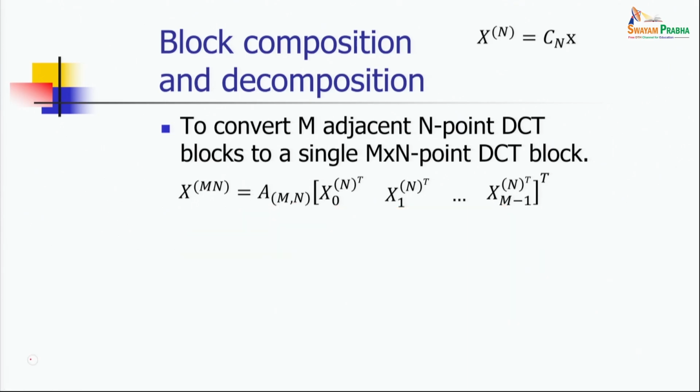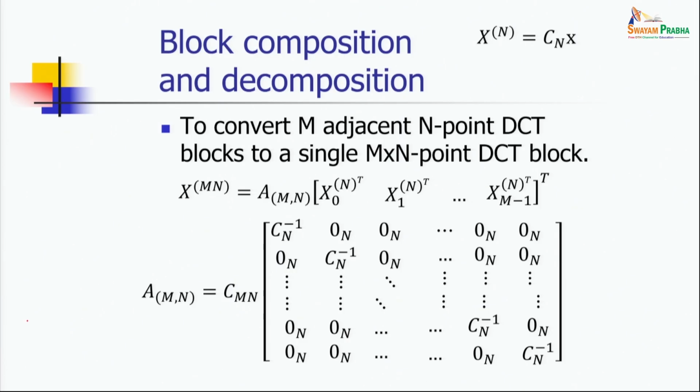So, let me provide these expressions in a generic form, as we have shown here, for N-point DCT of M blocks. So, this is that transformation matrix AMN. This is how it is defined, and you can observe that in the diagonal elements these are all inverse transformations of N-point DCT, because if I consider a